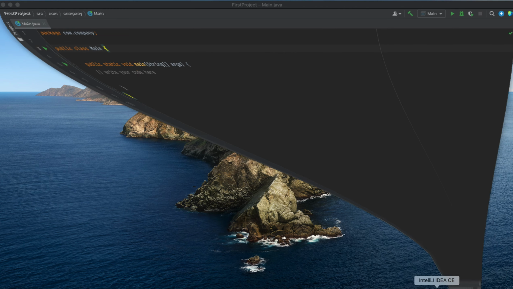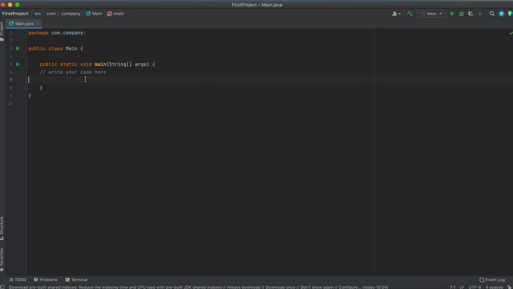To do that, I'll quickly bring up my environment. What we need to do is declare the variable first of all. Our variable is an integer, and let's say our variable is age, and we know age is a number, and then we type 20, and we end the line of code with a semicolon. And then let's put a comment just to tell ourselves what we want to do: printing to screen,